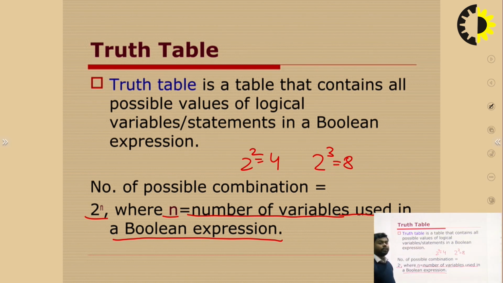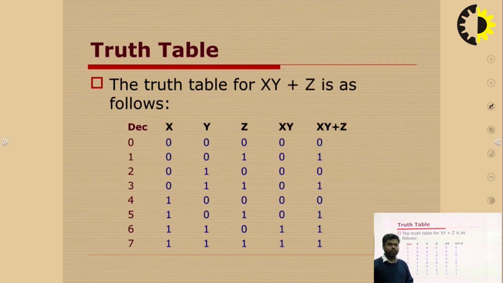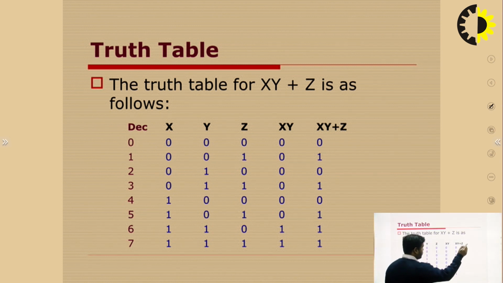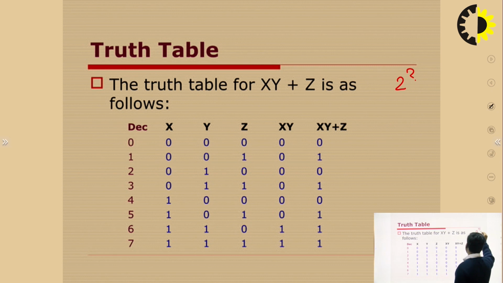the truth table. So these are the 3 elements x, y and z. We have the 3 variables, as I have discussed in the previous. 2 to the power 3 is equal to 8. So you can say that the possible values are 8: 0, 1, 2, 3, 4, 5, 6, 7. These are the 8 possible values. So we are putting x, y, z as 0, and we have to make the truth table